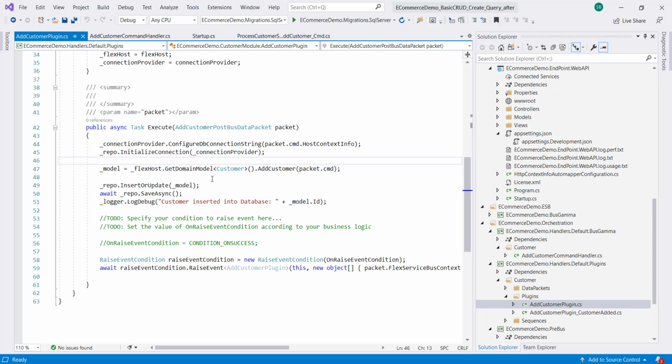So now let's see, the model has been created here. It calls the domain model. So all your logic of the model remains with the domain model itself. So now here we have the customer insert or update and the data is saved. Here if the data is not able to be saved due to some reason, there is a database lock or the database is down for some time, this will keep retrying the messages till the data is saved.